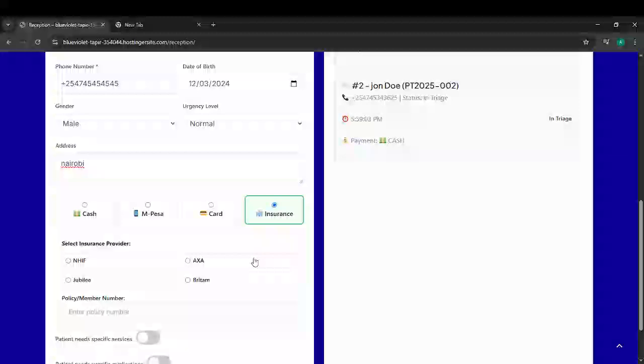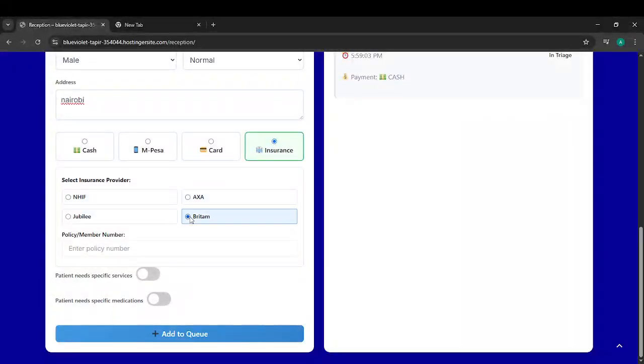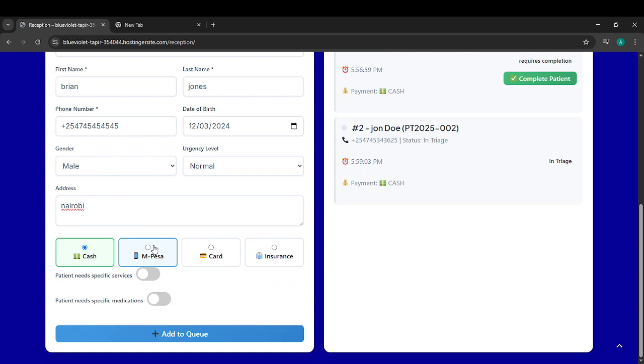If it's insurance, they choose the insurance they are using, and then they enter their policy number. If it's cash, it just goes to the next level. If it's M-Pesa, if it's card. So after they choose the mode of payment the patient is going to pay with, they can either select